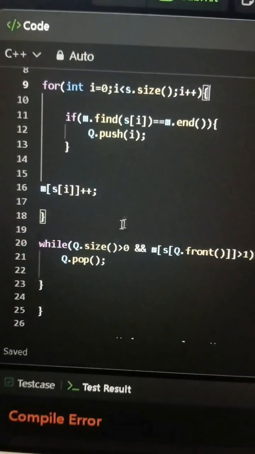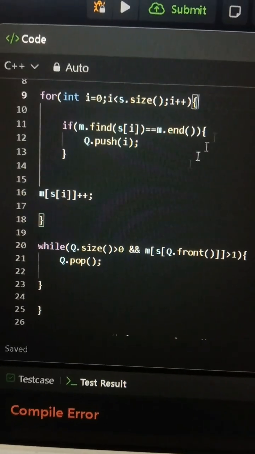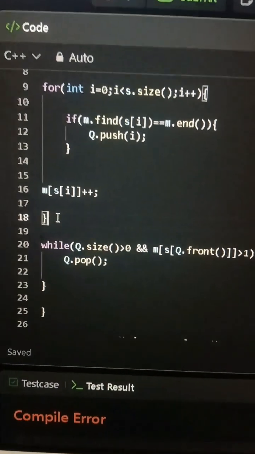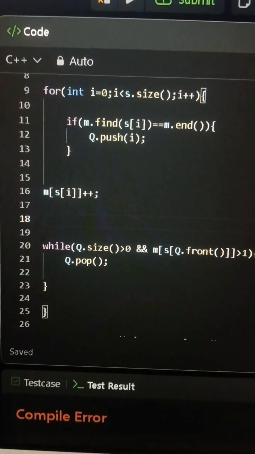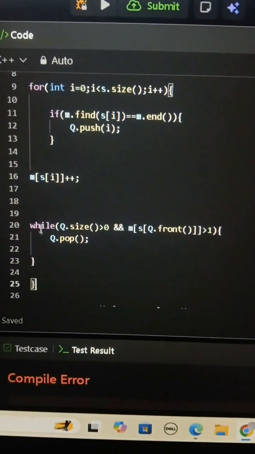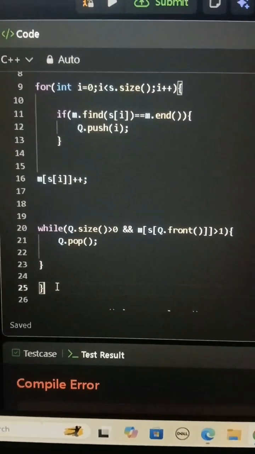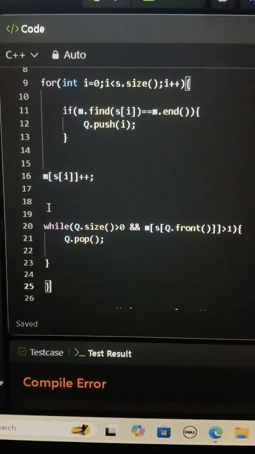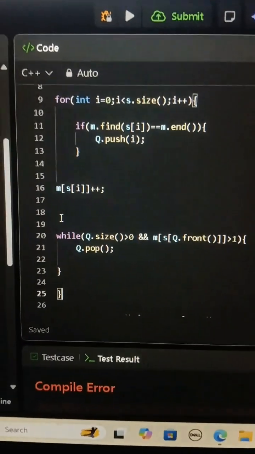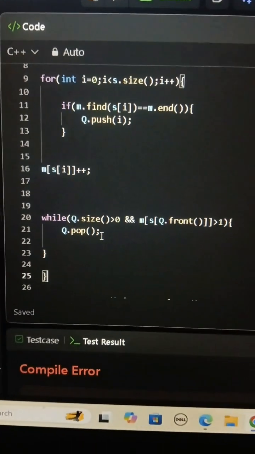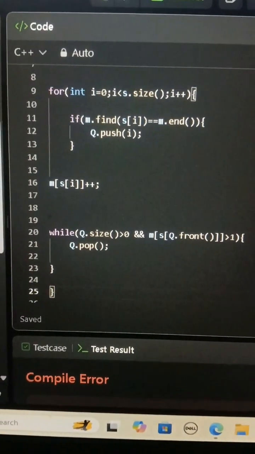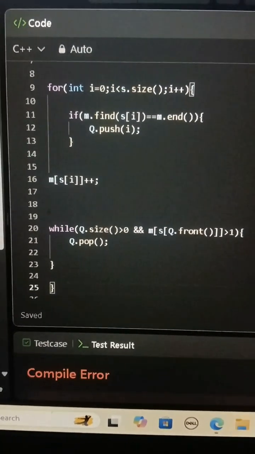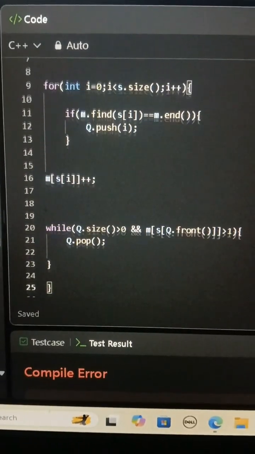Okay, so I made one mistake. Till this point our for loop does not end here. Our for loop ends here. After ending this while loop, our for loop ends here. I applied that closing curly brace by mistake. Okay, so after traversing the whole for loop, or we can say the whole string,